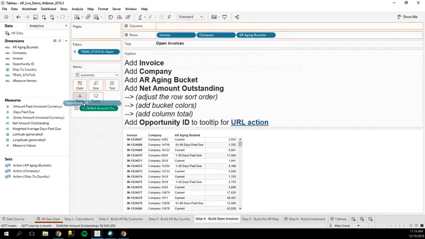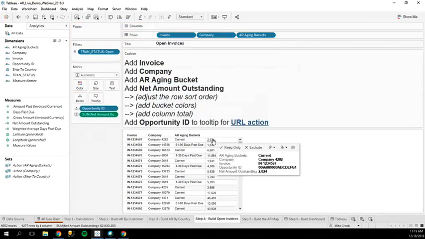Now for this to work, I need to put this onto the level of detail, but I don't actually want to show it as a column. And so now,